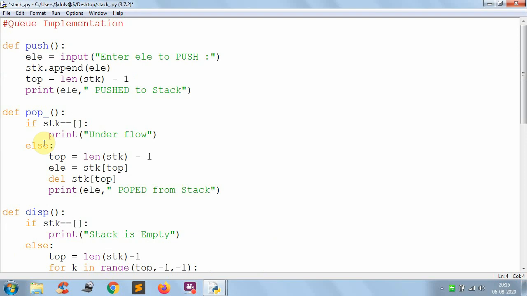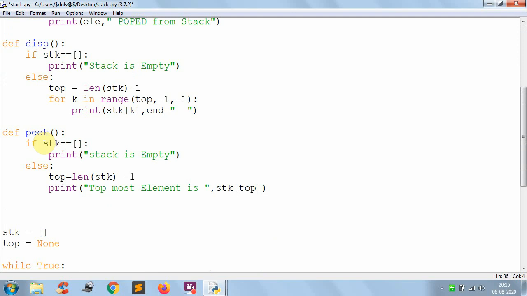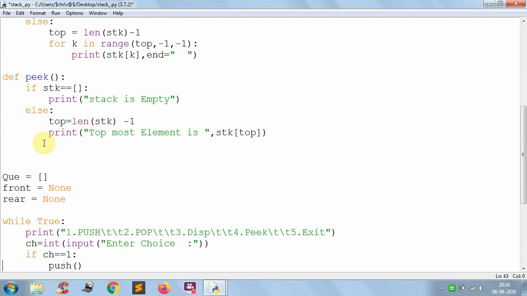So with little modifications you can make it as a queue. So it is not a stack, it is a queue. It is not a top. Here we have to use two other variables, one is front and second one is rear. So already we have discussed, front will store the index of the first element, rear stores the index of the last element. Queue is a list which stores all the queue elements. Here you will store the elements, these two will store the index.